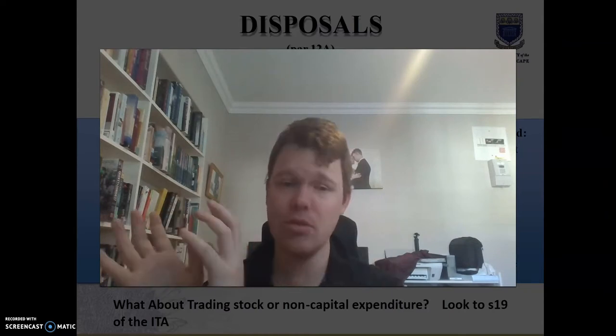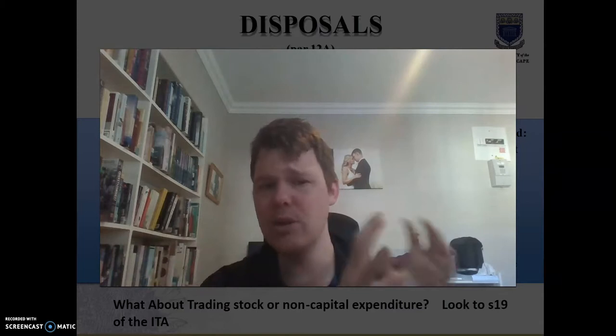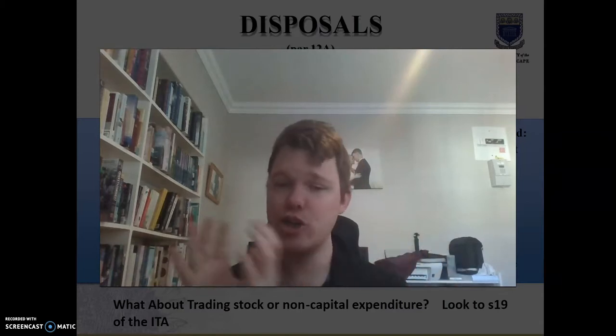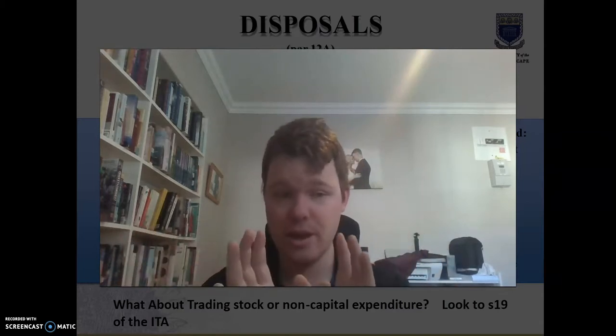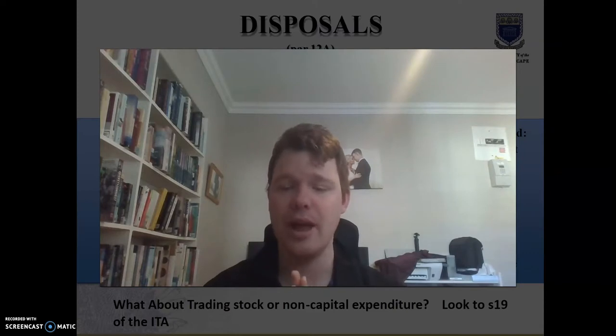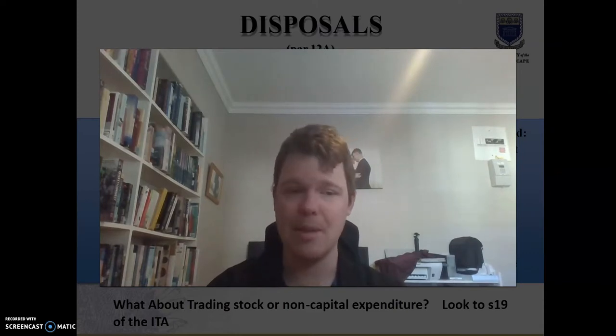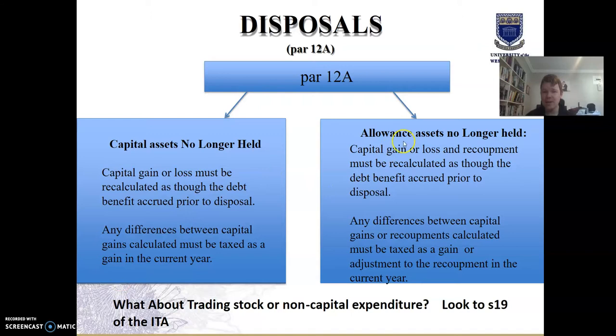You don't recognize the 300 because, hey, you've already recognized 100. It should be 300. You recognize the difference in the current year as 200 capital gains. If it is an asset which